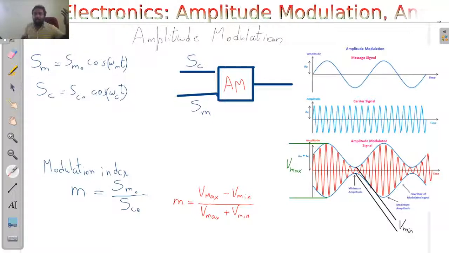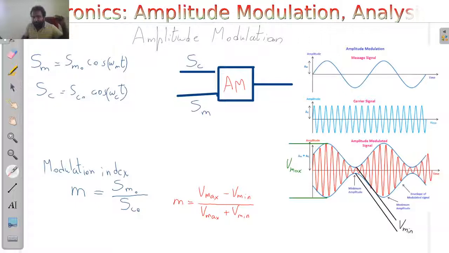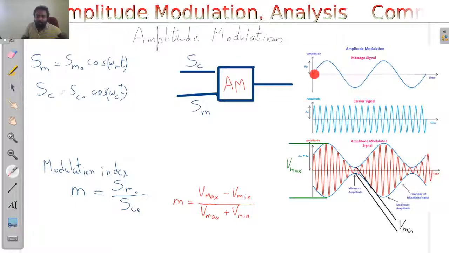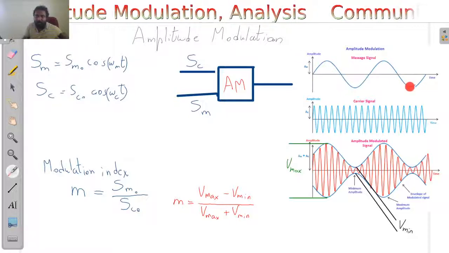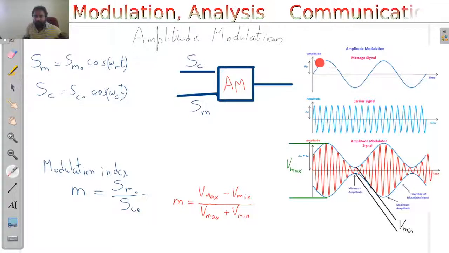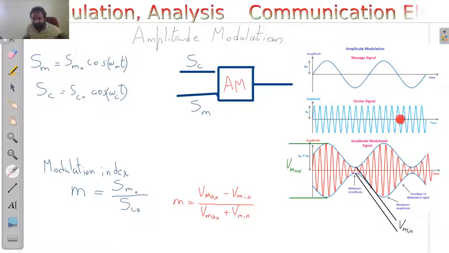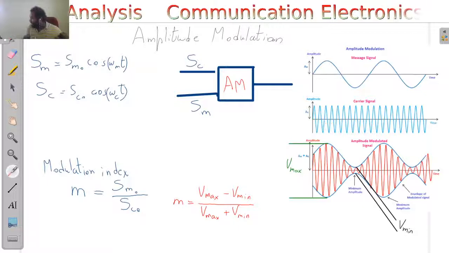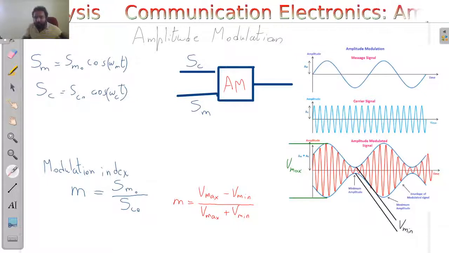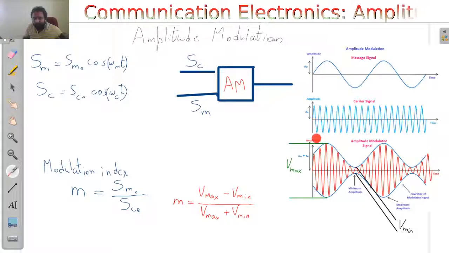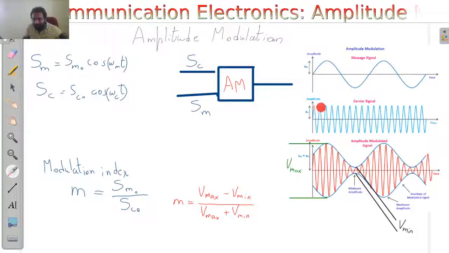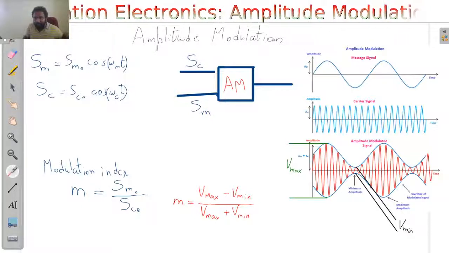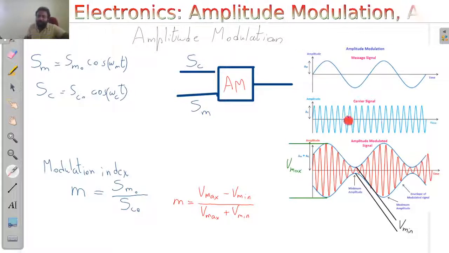Let us take a single sine wave and analyze it, and then apply it generally to other waves also. This sine wave will be used to modulate a carrier frequency which is having a higher frequency. You can see here the carrier is having a higher frequency. So this carrier has a wavelength much smaller than the wavelength of the message signal, and it obviously says that the frequency is much higher for the carrier signal.